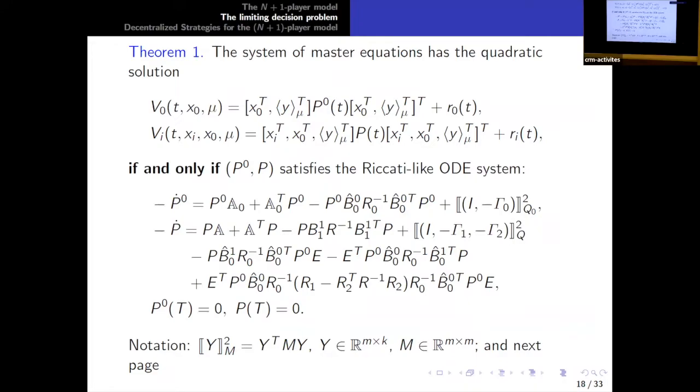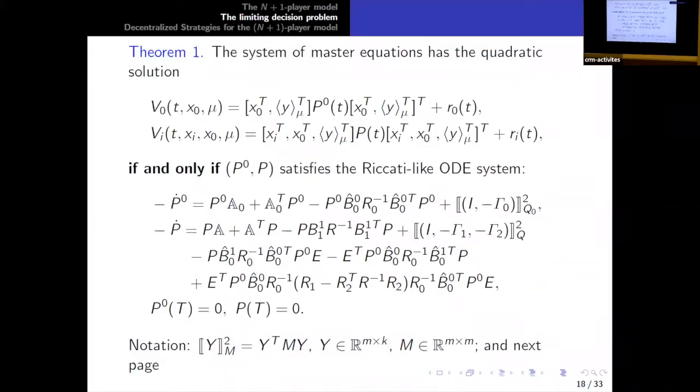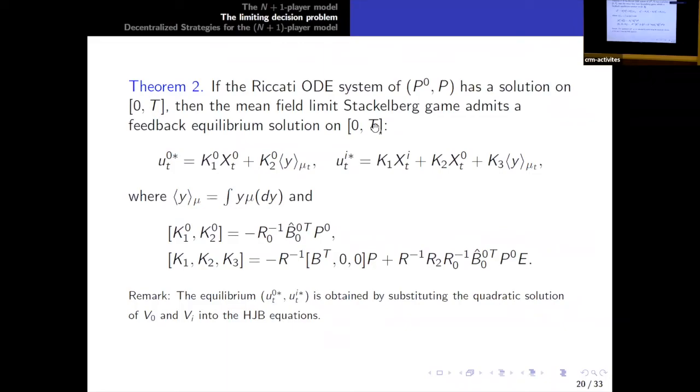And for this Riccati ODE system, if we have a solution at all, then it must be unique. This is due to the local Lipschitz property of the vector fields on the right-hand side. So by the theorem here, you can see for the solution of this problem, it reduces to testing the existence of a solution to this ODE system. If the previous Riccati equations have a solution on the interval, in the end, we can figure out the equilibrium strategies. It's kind of a linear feedback.